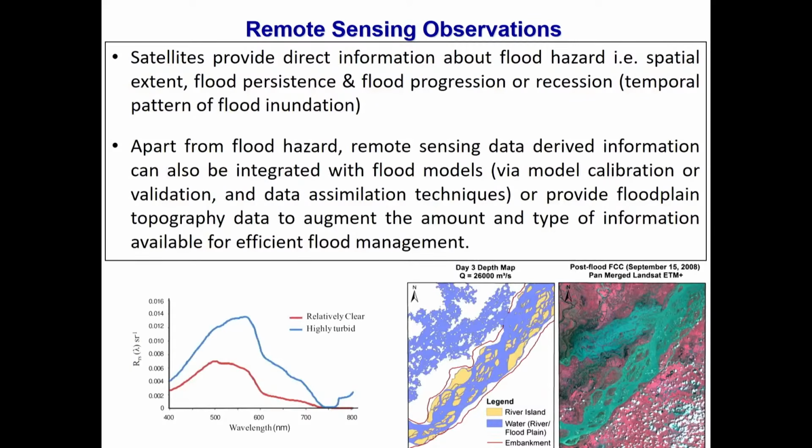So this I have already discussed. Now coming to what a satellite actually provides us. When we say satellite, it provides us two types of information. One is the spatial extent, that is directly visible to our eye. Like on the side, you can see an image, a false color image, that has captured a flood event that occurred in the month of September 15 over Assam.